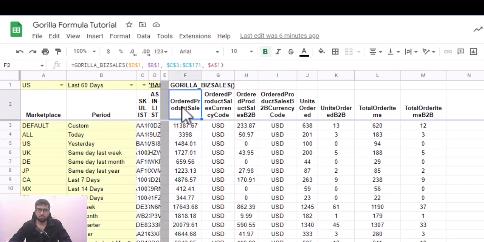The first one is ordered product sales. This is the amount in US dollars. Right here it says currency code as well. So this is the value and this is in US dollars. These sales are for non-B2B, and then these ones are B2B. So B2C and B2B, and then again we have the values here, the amounts, and the currency code is US